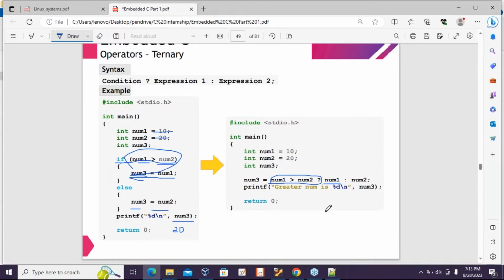So it is optimized if you have a ternary operator in place of an if else block. It is always said to be optimized code because it reduces the number of lines while a program is being written. So if you have a very simple set of statements to be solved if a condition is true or if a condition is false, then you can substitute the if else block with a normal